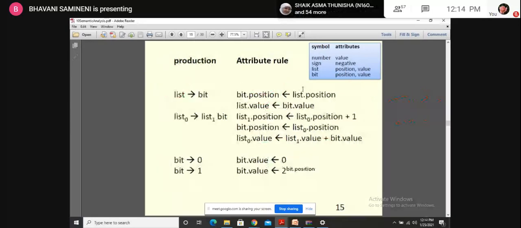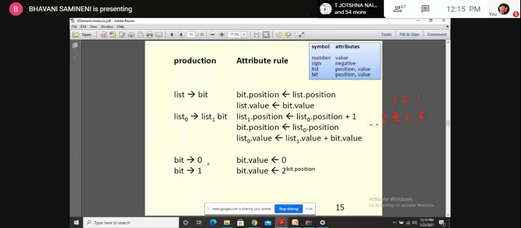And the second one, see here, the bit value. If the bit value is 0, then no need to write 0. Like 101, generally how do we convert into decimal? 2 power 0, 2 power 1, 2 power 2, 2 power 3, and so on, right?